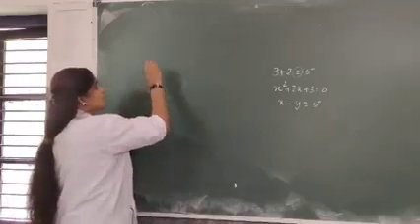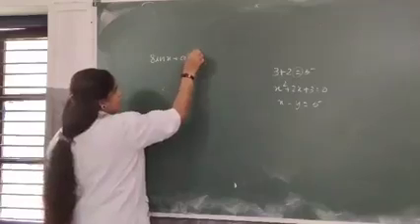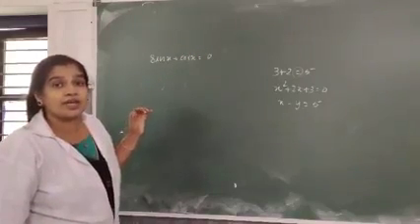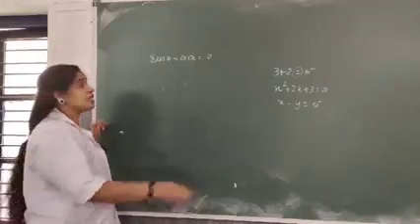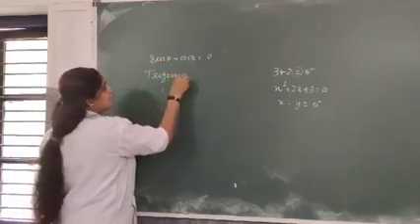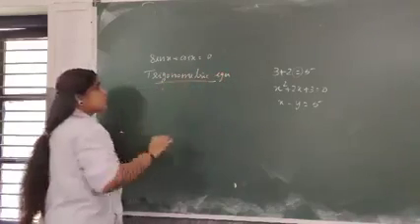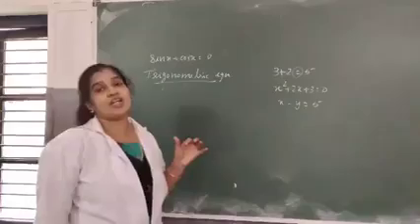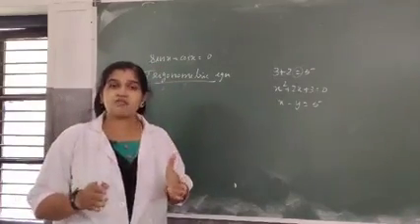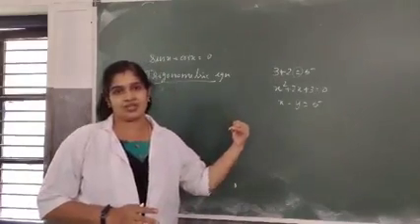And if the equation is in terms of trigonometric function, sin x plus cos x equal to 0, the equation contains trigonometric function. It is called a trigonometric equation. What is a trigonometric equation? An equation in terms of trigonometric functions is called a trigonometric equation.